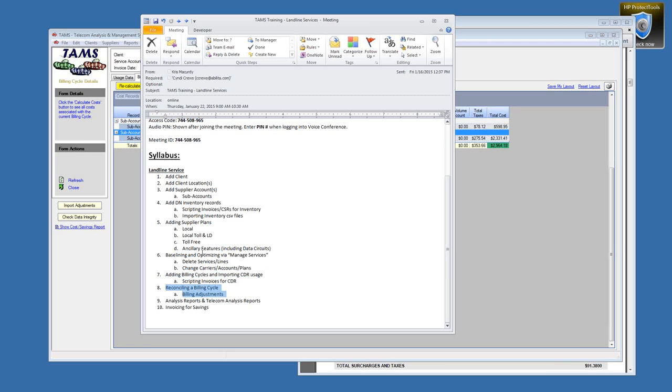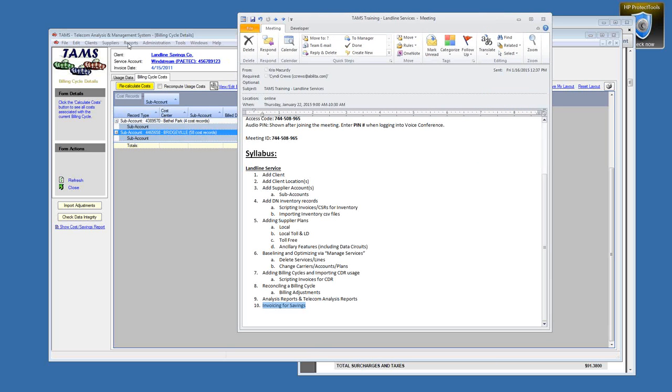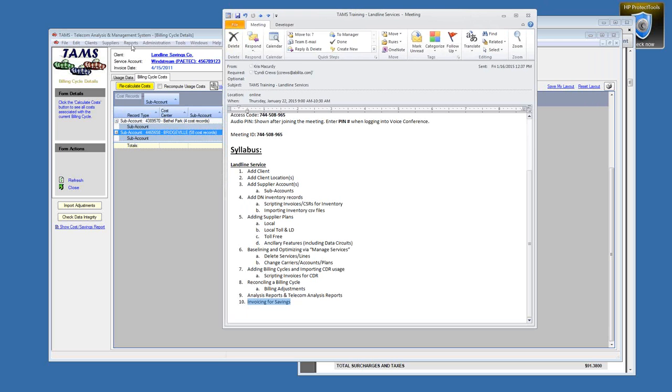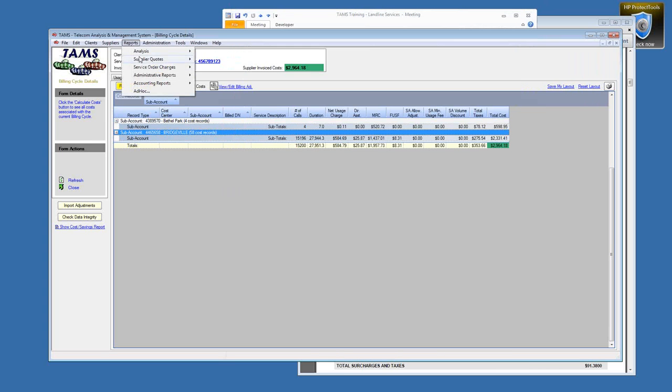The final step would be to take this client that has several months of data, obviously we have lots of months of data on lots of clients, and run through the analysis: how you can identify cost savings, put in alternatives for optimization, and do the analysis in advance to be able to predict what the savings would be. Then produce that telecom analysis report with those predicted savings included, and then produce change orders. I mean, we have lots of reports. This is something that the trial is intended for, to let you explore